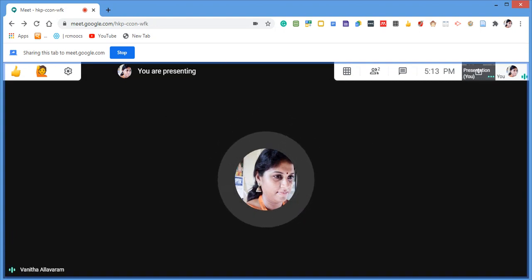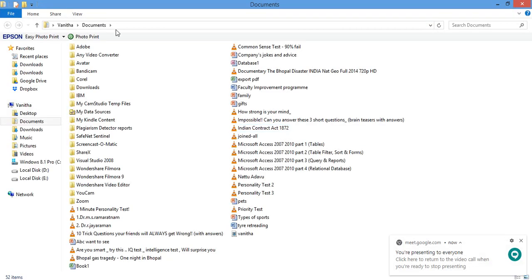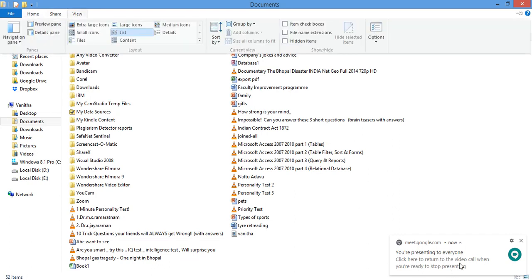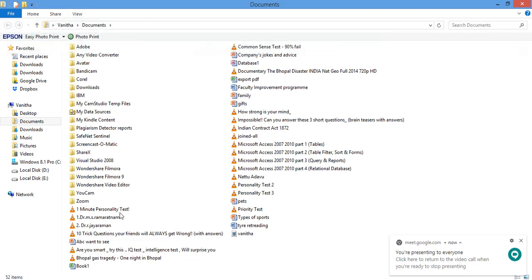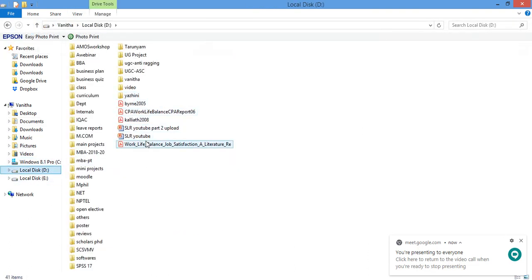For example, if I am opening my folders, these will all be visible to the people who are seeing my screen. That is what the presenting mode is. For example, I want to present my PDF file.